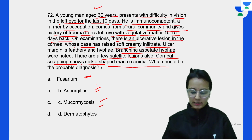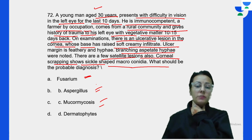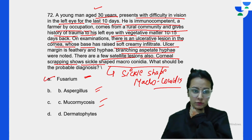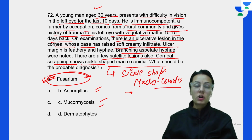Okay, so what will be the answer? Now, one very important point is the sickle-shaped macroconidia, which is specifically seen in the Fusarium. Fusarium is a filamentous fungus which causes a range of